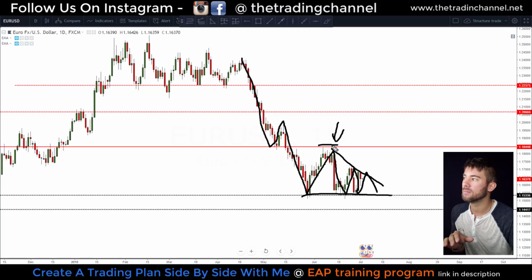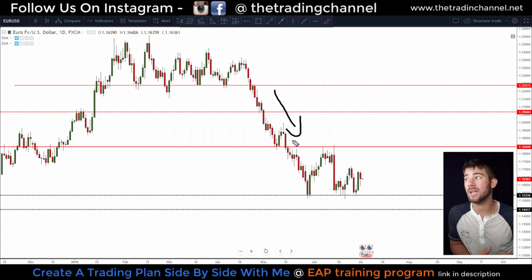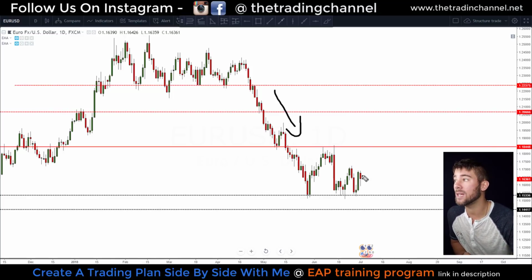This market came up, made a high, retested this previous support level, made a lower high, retested the support level again, and looks to be making a lower high yet again. With that being the case, we can see that the buyers are coming in and pushing this market up, but each time they do, sellers push it down before it can reach new highs. And with all of that coming together, with the fact that we know we're in a previous downtrend, we can make an educated guess that this market is going to continue lower, more than likely in way of a breakout